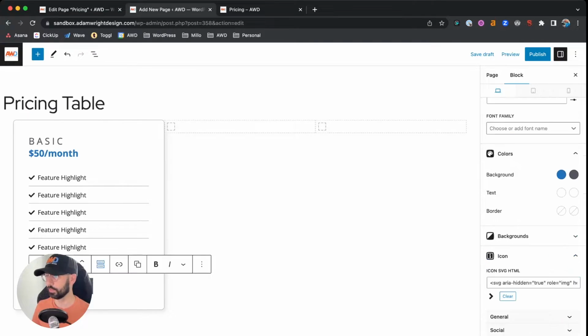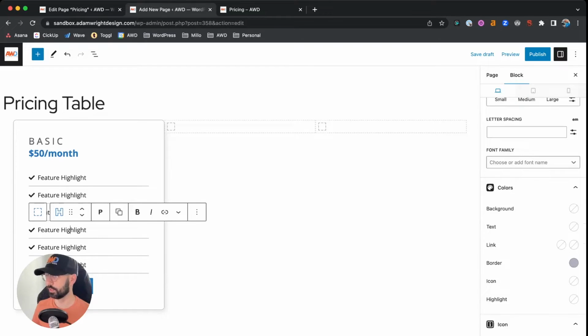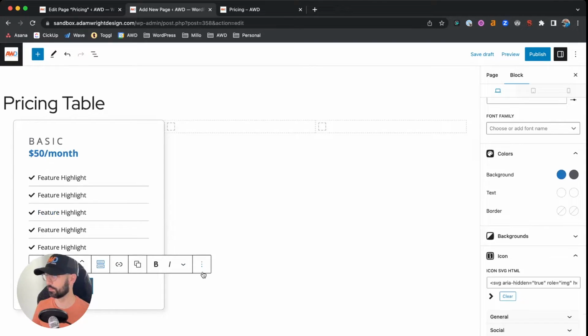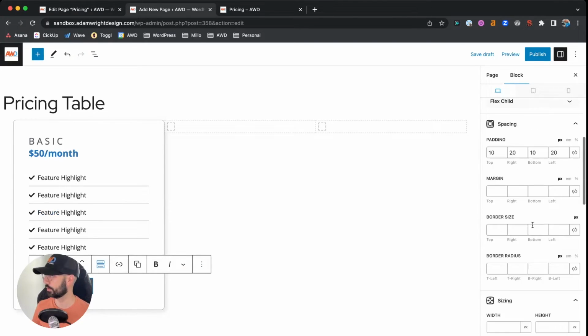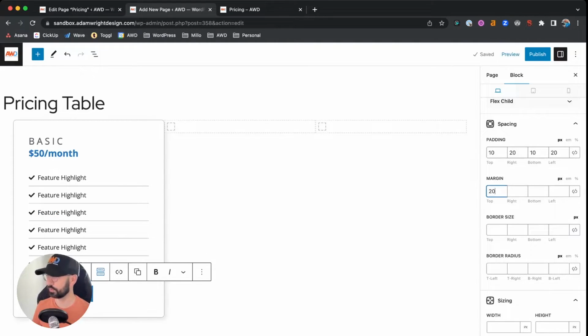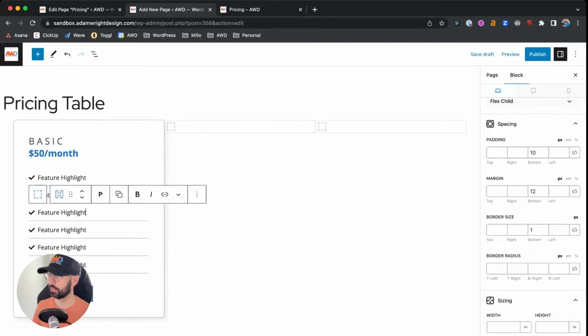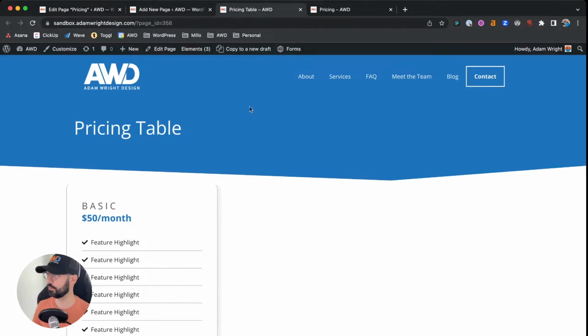So if we come to the button though, I want to add some space between the button and the last feature. So we're going to come up to margin on the button, and we'll put 20 pixels. I think it pushes it down a good length there to separate it from the list. So we'll save draft, say view preview,